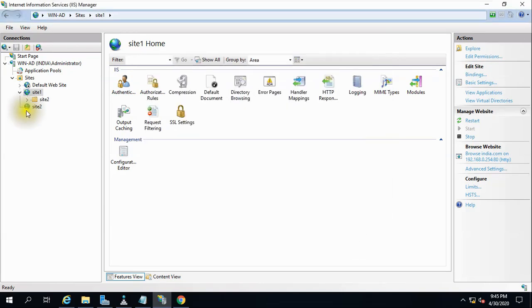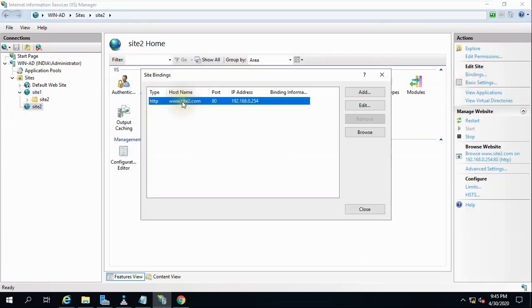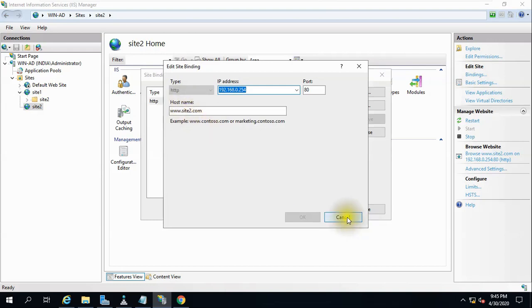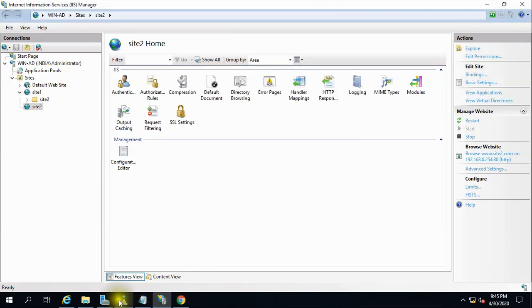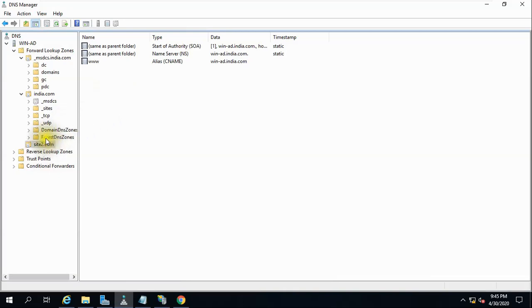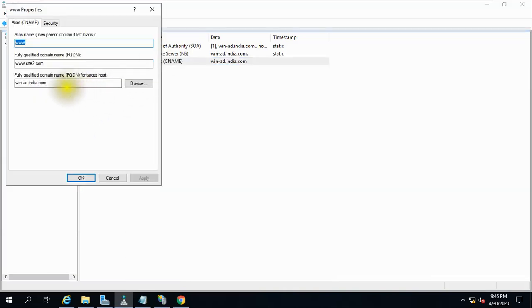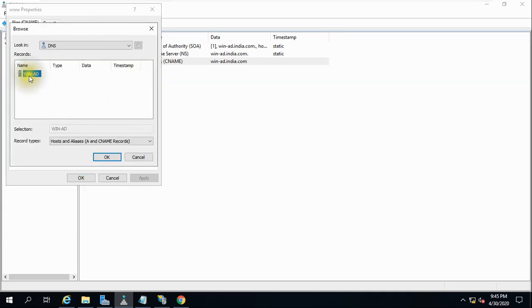If I go to site 2, what I gave here while binding, I gave www.site2.com, and I created one alias record in the DNS server for this. Okay, I created one zone first, then I created the alias record here. Okay, and the fully qualified domain name, this India, that system name, and then www.site2.com.